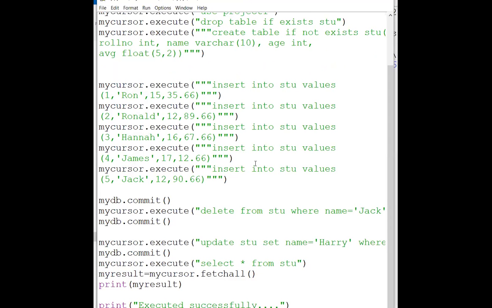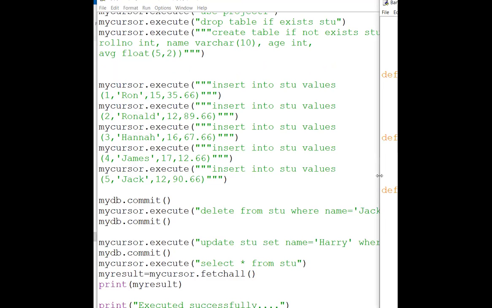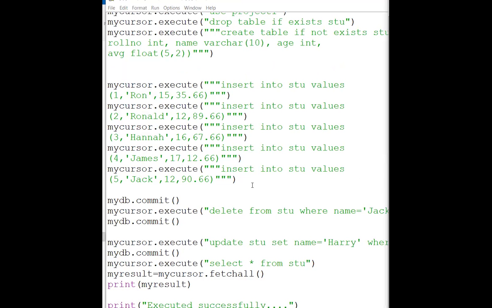Now how to run the loop? For that particular thing, I'm changing my statement so that you should know what is the reason. Because it was in the form of list, and list was having all the tuples. Now I'm going to fetch every tuple one by one. So how to fetch tuple? For i in my result, whatever is this variable name. Each tuple you will be getting separately. So now I'm going to print each tuple separately.